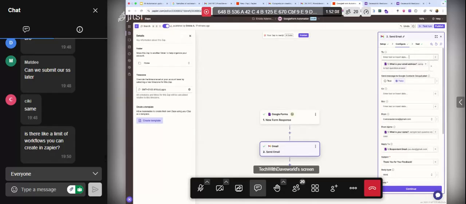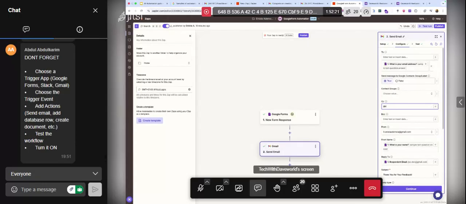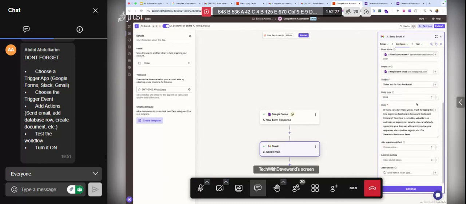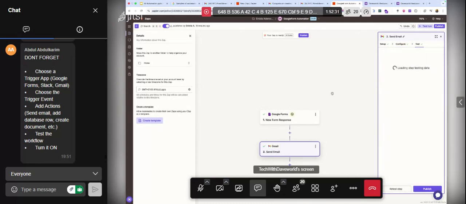So the to email address, right? You can pick CC if you want to, so you can copy to your own email address again. That will be at 3. You can pick blind copy, whatever you want to do, right? So once you have set this up and you click on continue,